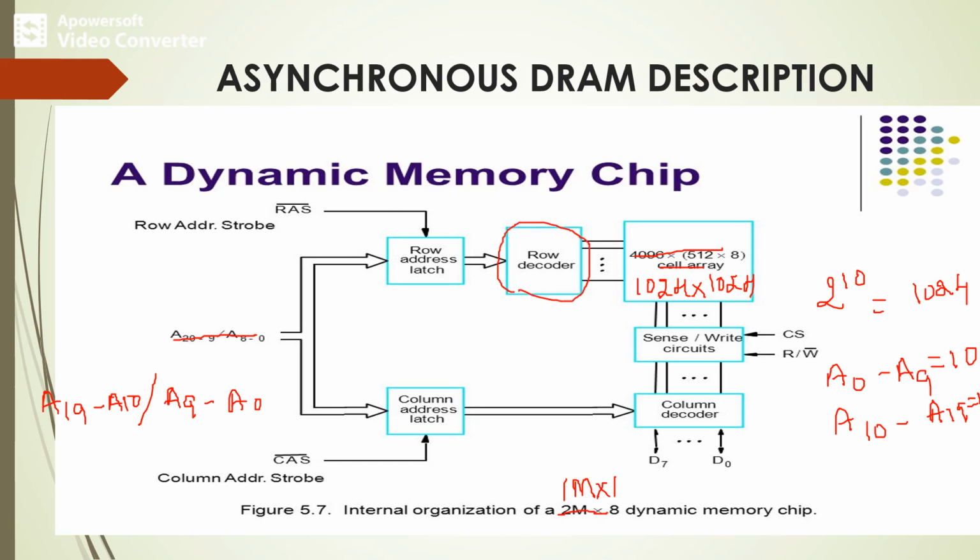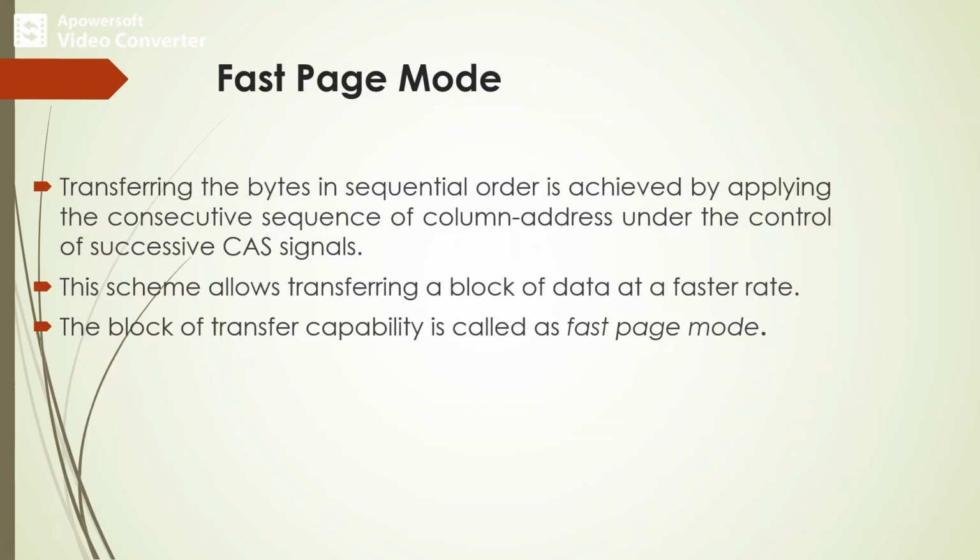Along with that we have the row decoder, which will decode one respective row from the set of rows. And we have the sense and write circuit. According to the read or write operation, if it is read, the data will be copied from the memory cell into the data lines. If it is write, from the data lines the information will be copied into the memory cell. In the case of DRAM cells, the contents of all 4096 cells in the selected row are sensed, but only 8 bits are placed on the data lines.